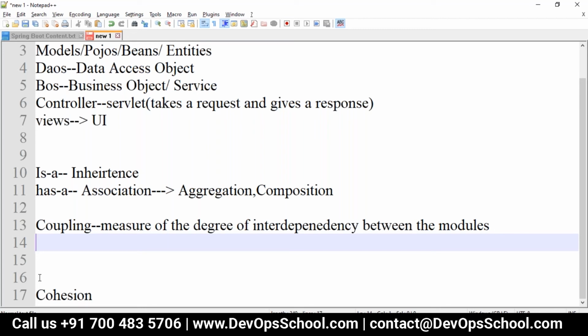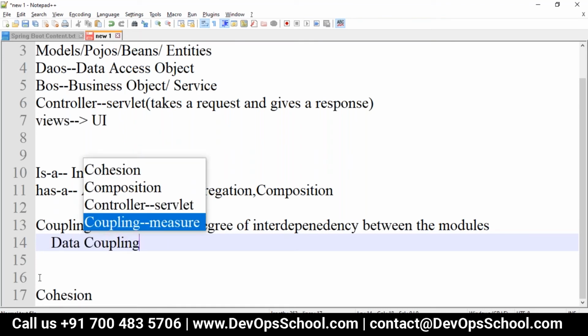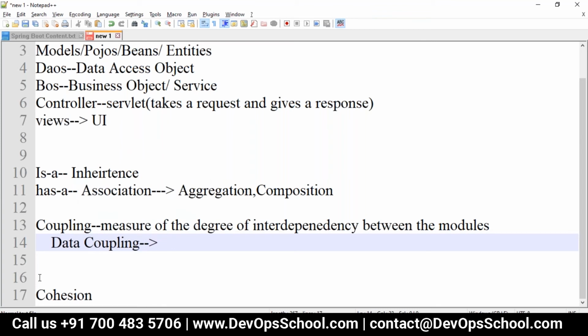Customer billing system is an example of data coupling.